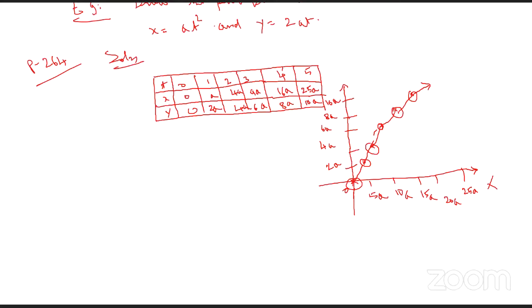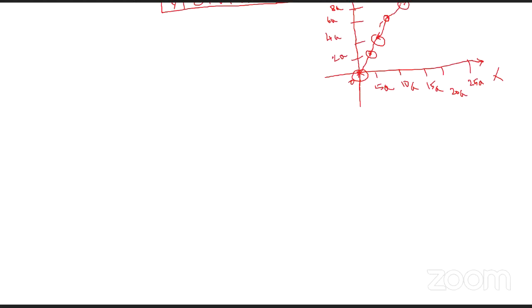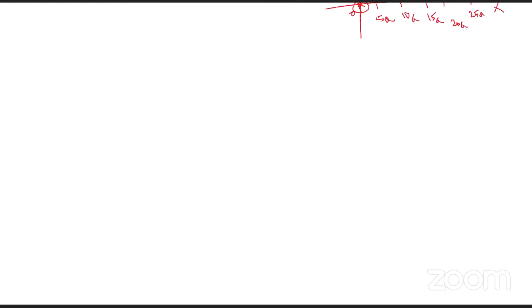Now you asked me which fourth question. Fourth question means Exercise 1, fourth one, page number 263. What is the question? Graph the curve y square equal to